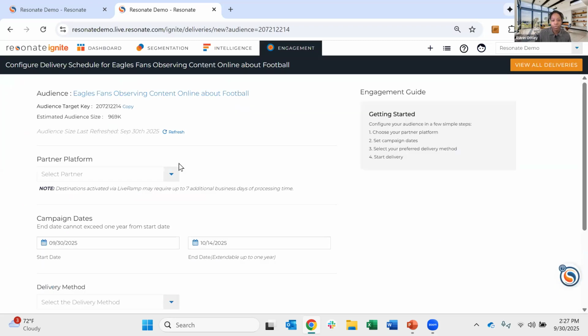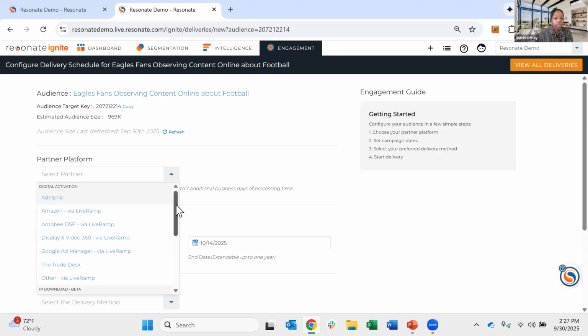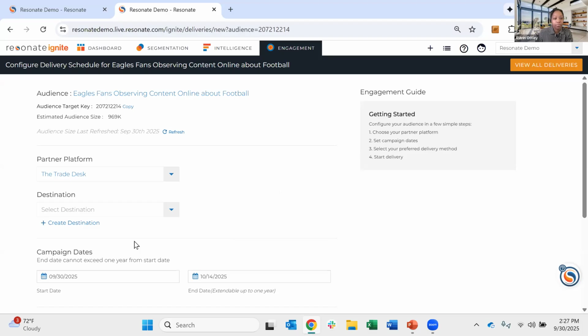and then walk you through those steps that I mentioned earlier. Right here also, you can see it lists out those steps. But again, if there are ever any questions, feel free to loop us in. We're happy to join you to walk you through how to activate an audience, answer any questions you have about configuring these platforms, etc. But for the sake of the webinar today, let's say I select the trade desk, and